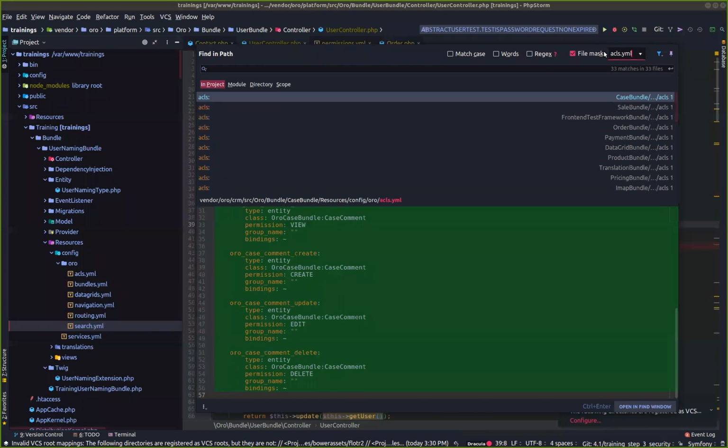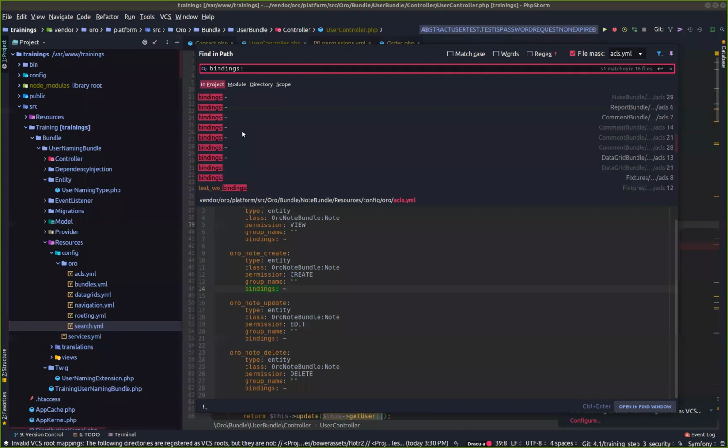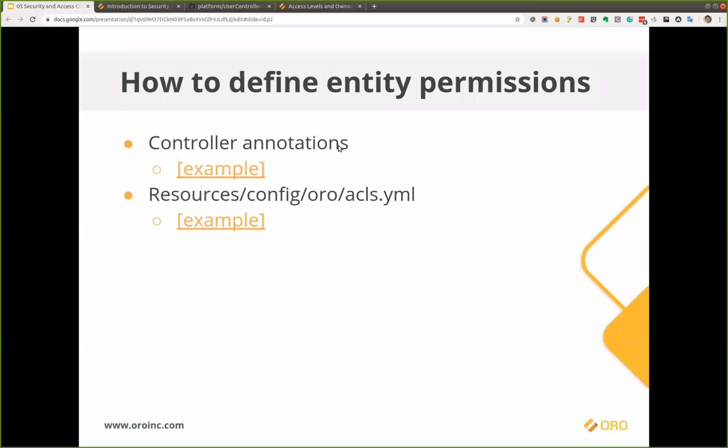Yep, there is. And let's find one with the bindings. But probably this will not be that simple. Oh, I have it. Okay, so now let's think that we already have an installed application and we would like to